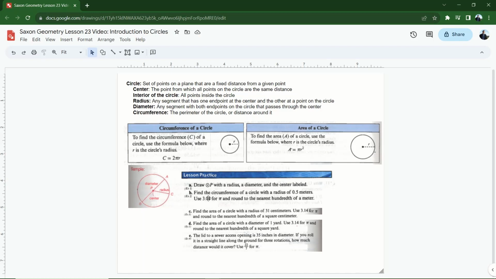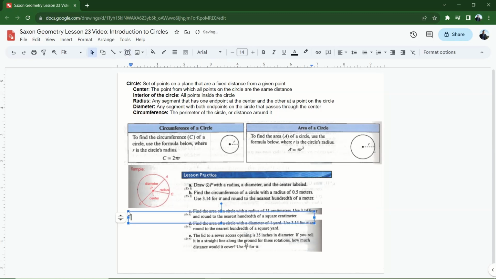All right, letter B. Find the circumference of a circle with radius 0.5 meters. Use 3.14 for pi and round to the nearest hundredth of a meter. Well, hold on a second. This is going to be simply the equation pi, 3.14, times the diameter. I know the radius is 0.5 meters, so this would be 2 times 0.5 gives me the diameter. 2 times 0.5 is just 1. So this answer should be